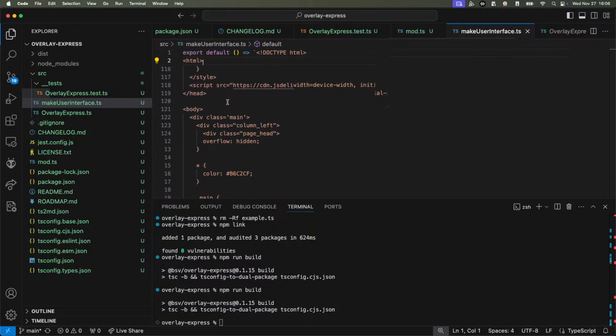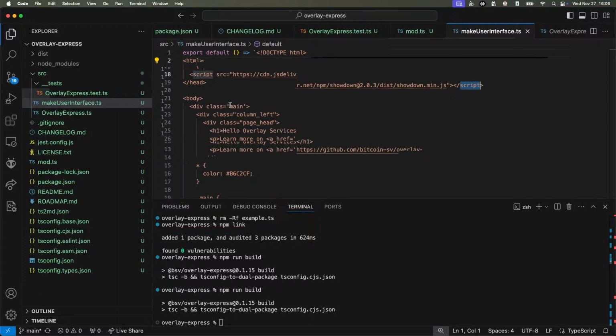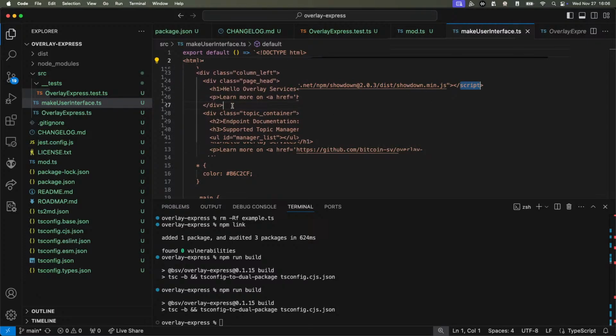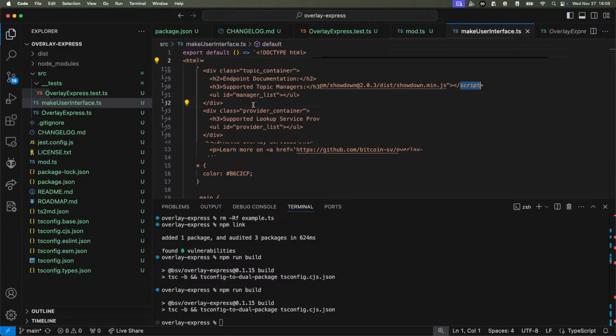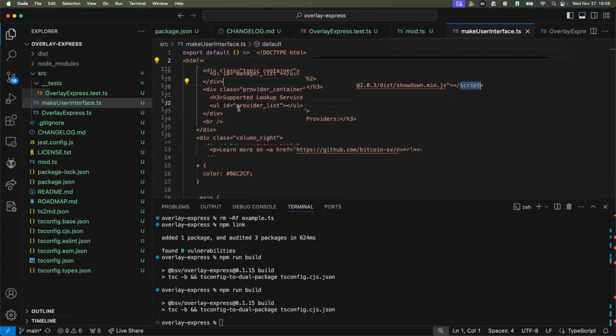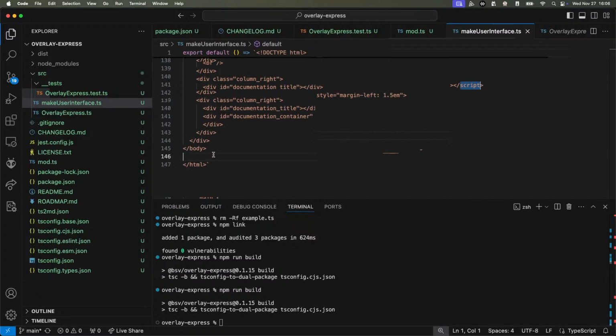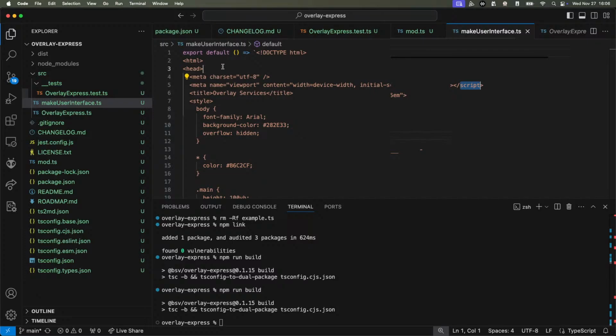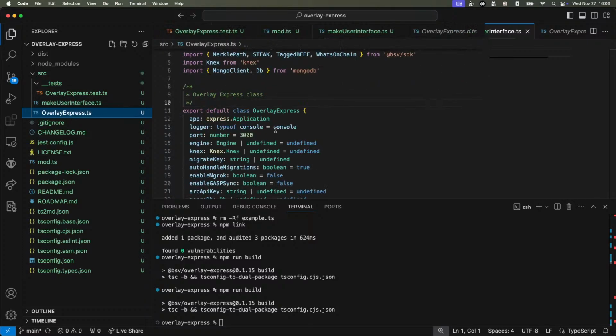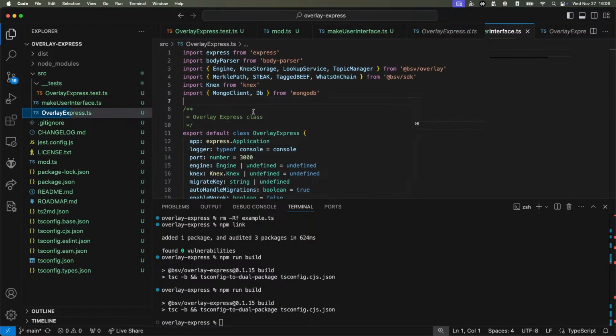And try to get some user interface code. So there's Showdown. I'm just thinking, where's the code for actually, interesting. I thought we had that somewhere. I'd like to be able to set this up as a